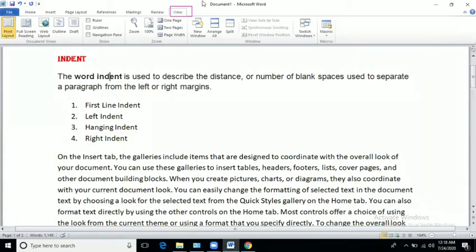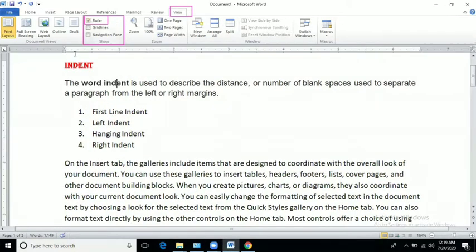Here you can see the Show group. In this you will click on Ruler. Just click on Ruler. You will see the horizontal ruler and vertical ruler displaying here.